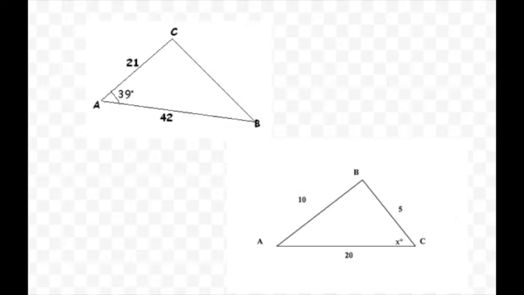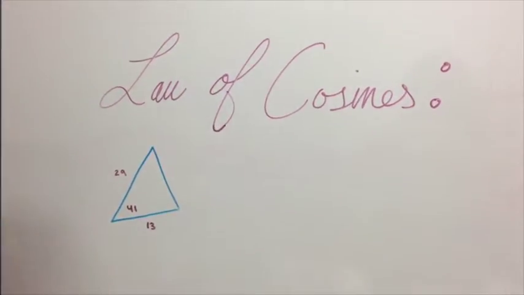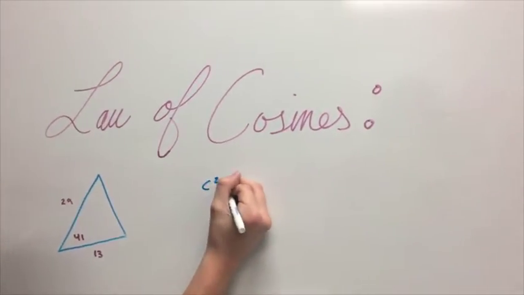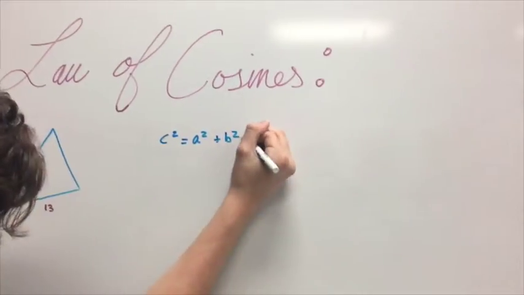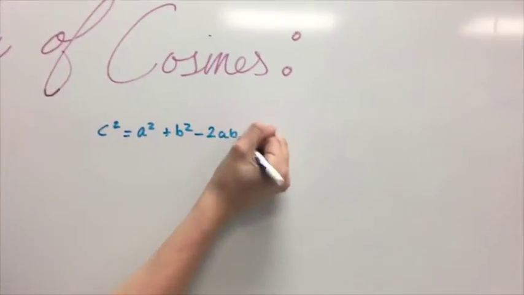The law of cosines can be used for any triangle that has three sides shown or two sides and one angle. So a side-side-side triangle relationship or a side-angle-side relationship. You can use the law of cosines to solve for the angles in the triangle or the sides of the triangle. The law of cosines can be written out as c squared equals a squared plus b squared minus 2ab